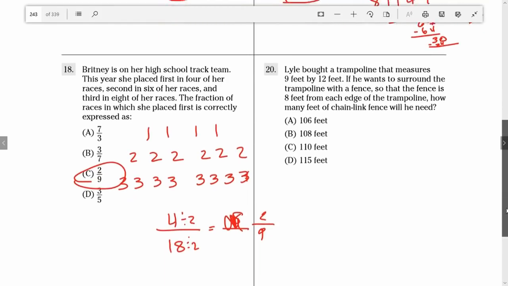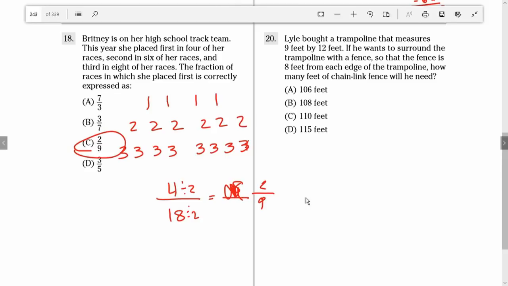All right, number 20. Lyle bought a trampoline that measures 9 by 12 feet. If he wants to surround the trampoline with a fence so that the fence is 8 feet from each edge of the trampoline, how many feet of chain link fence will he need? So we know he's got a trampoline that is 9 feet wide by 12 feet long, and we know he wants a perimeter of at least 8 feet on